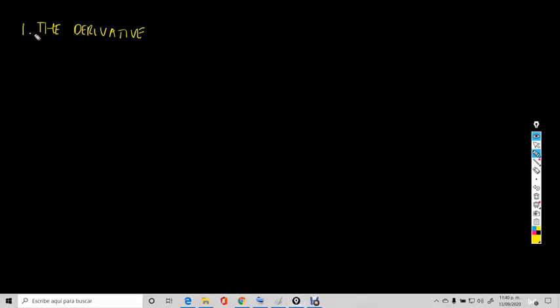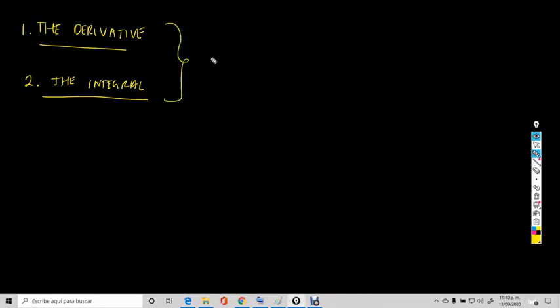That is the first concept. This is the concept associated to the first problem that I showed you. And number two, the integral. And this is a concept associated with the second problem that I showed you. Okay, and in order to create and understand these two concepts, we first need to go into the concept of